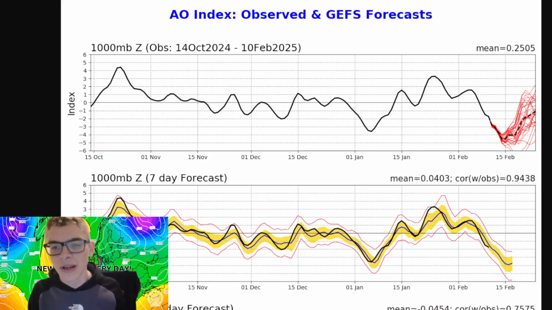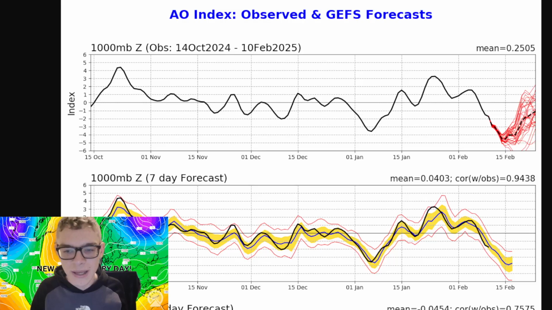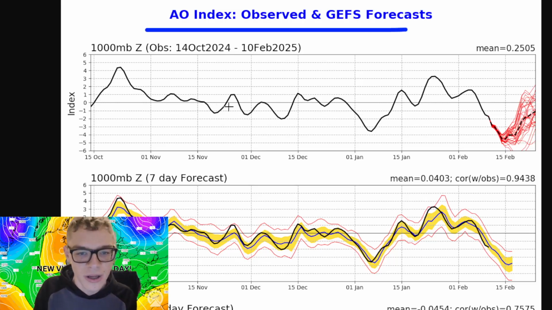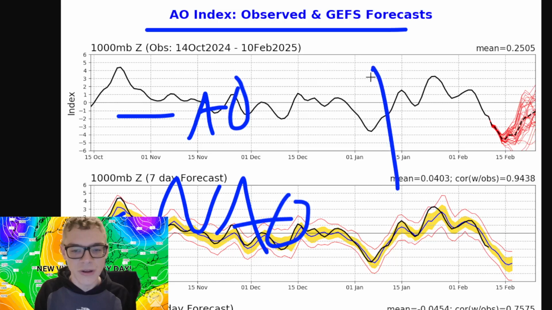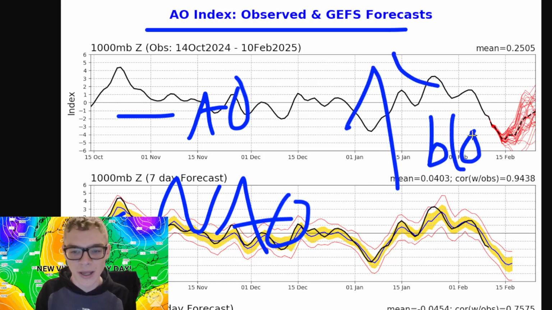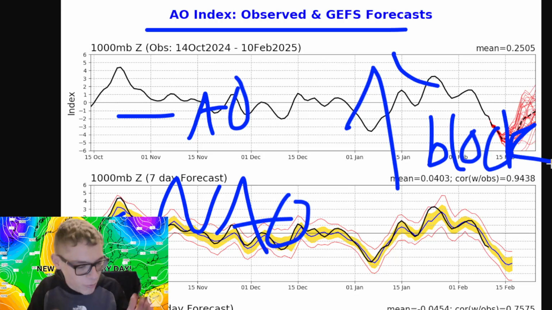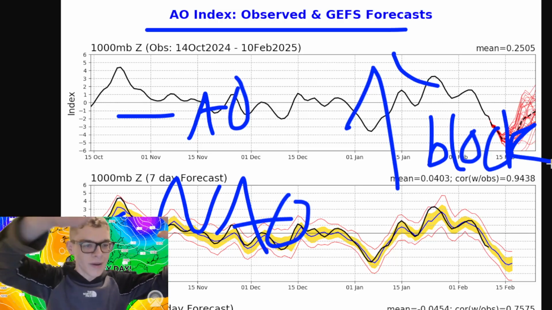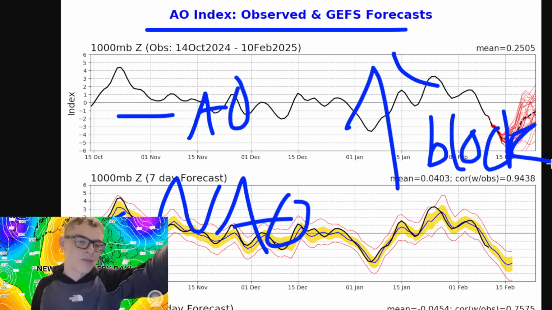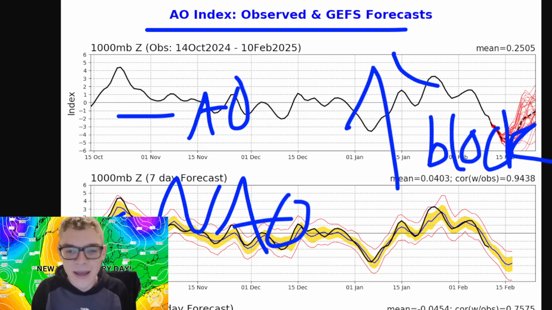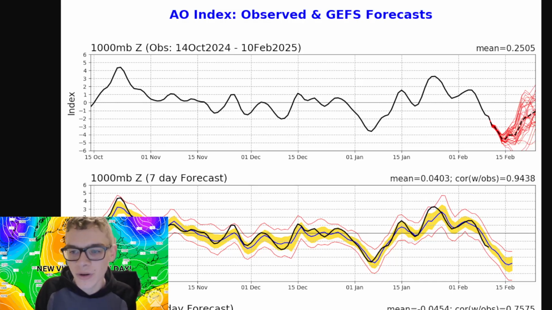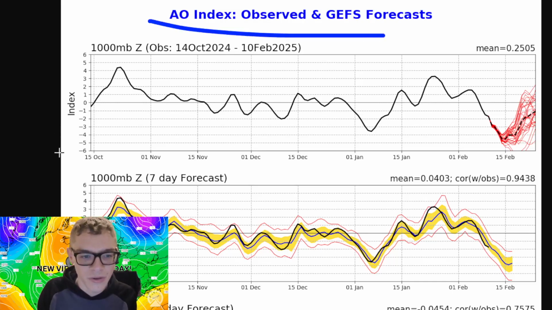This is the Arctic Oscillation, as I mentioned before, but for anyone new here, if you get the Arctic Oscillation into the negative phase, a negative AO and a negative NAO, it increases the chances of blocking. So blocking is where we have high pressure centered somewhere in the vicinity of the north, towards Greenland, Iceland, Scandinavia, and we pull in the winds from an easterly or northeasterly wind, bringing in some colder air.